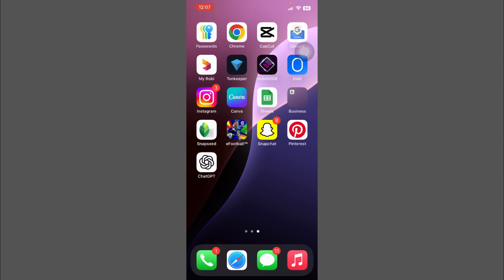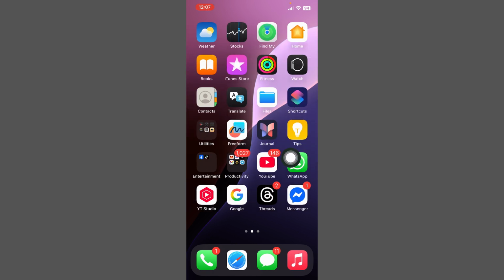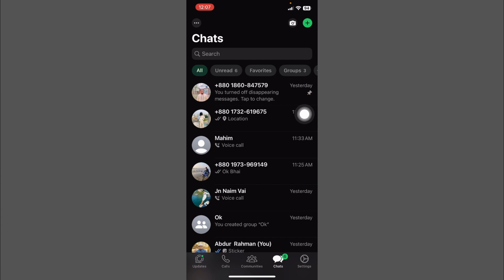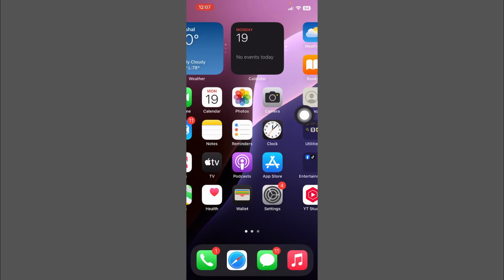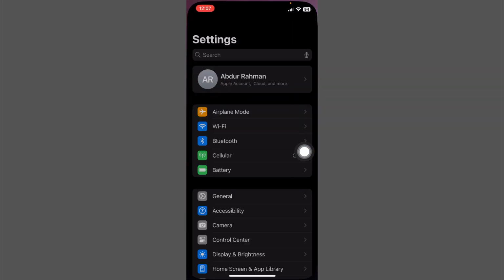Today I am going to show you how to change font style in WhatsApp. Okay, so let's get started. Then first of all, click on the WhatsApp app. Okay, then your font size is normal. Then go back and tap on settings